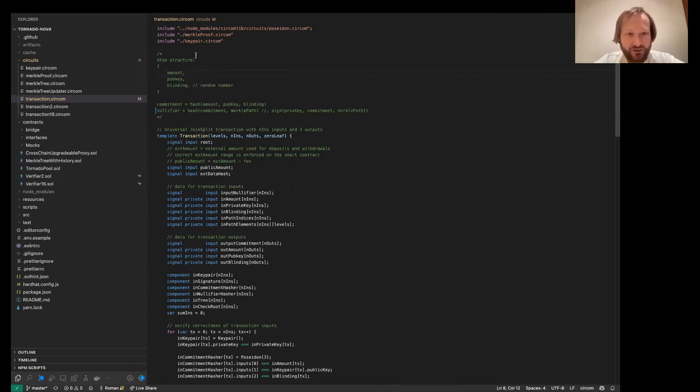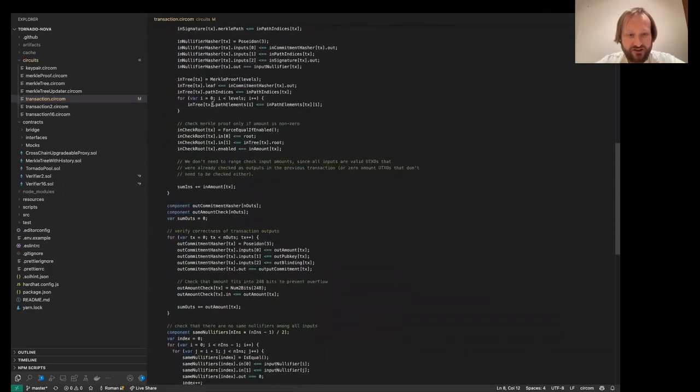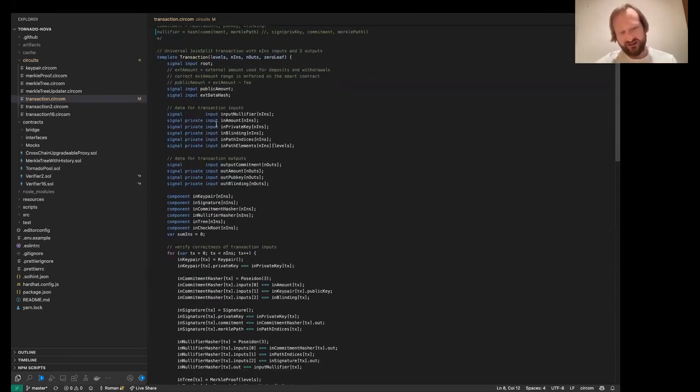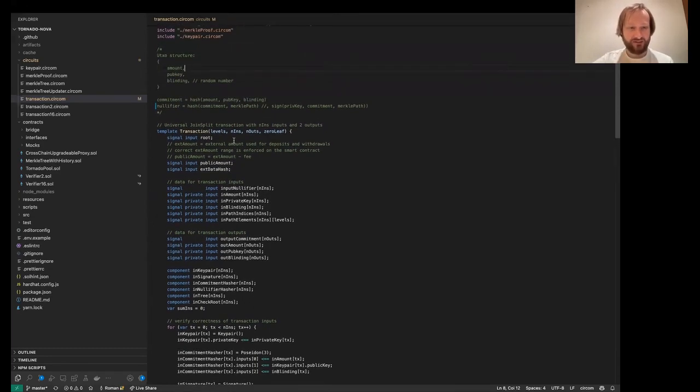And what our circuit has to check. It's a little larger than in the previous Tornado Cash implementation, but it's still somewhat simple. First of all, we need to check that the sum of amounts of inputs equals the amounts of outputs, so no money was generated.